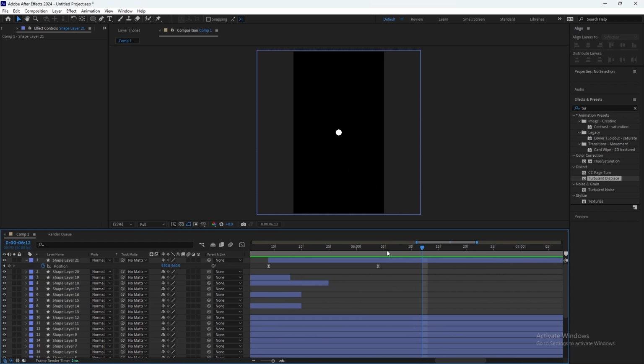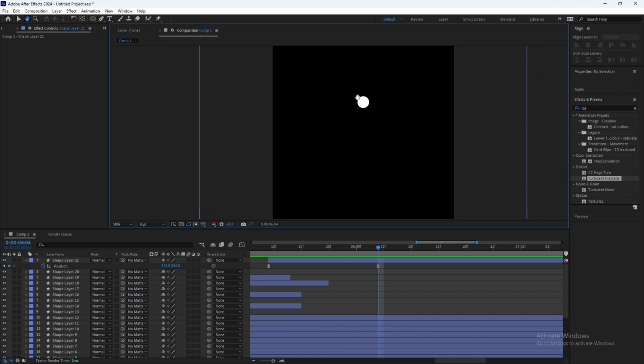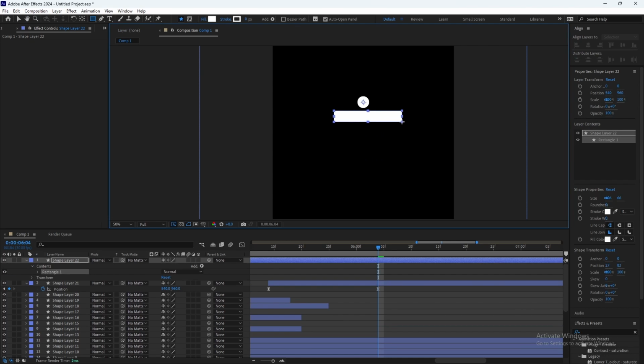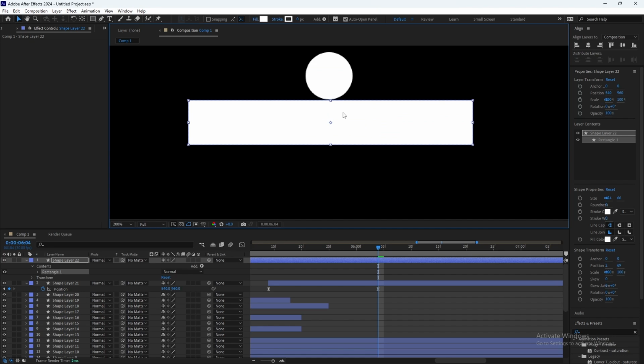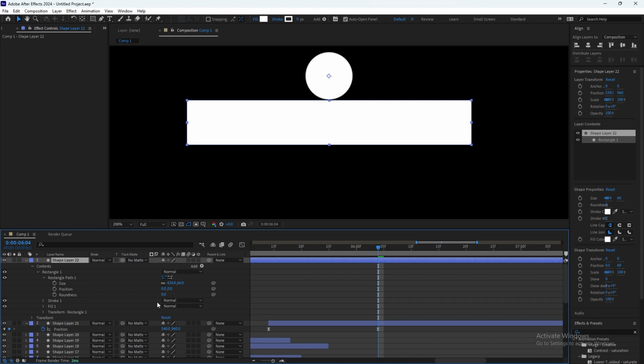So let's place this thing right here. Yeah, I want to increase the roundness a little bit, something like that.